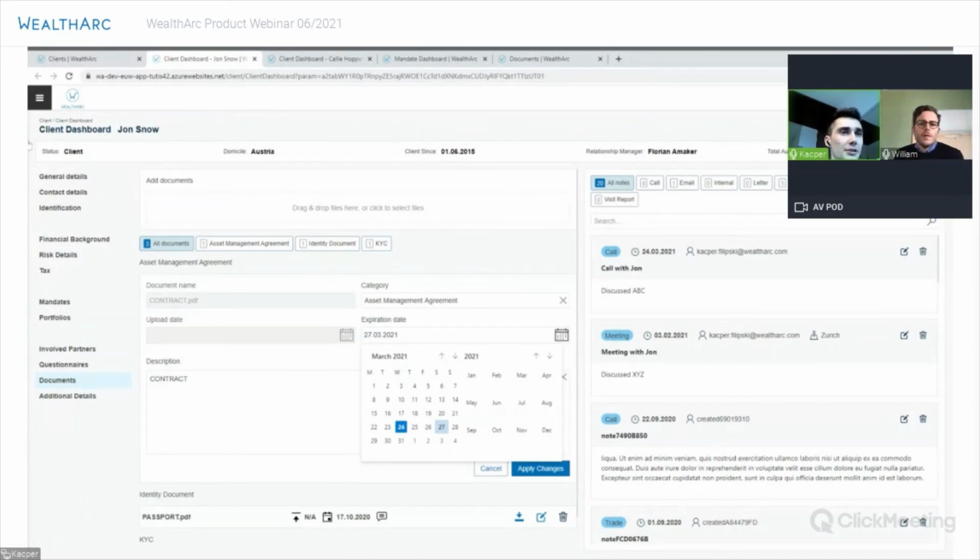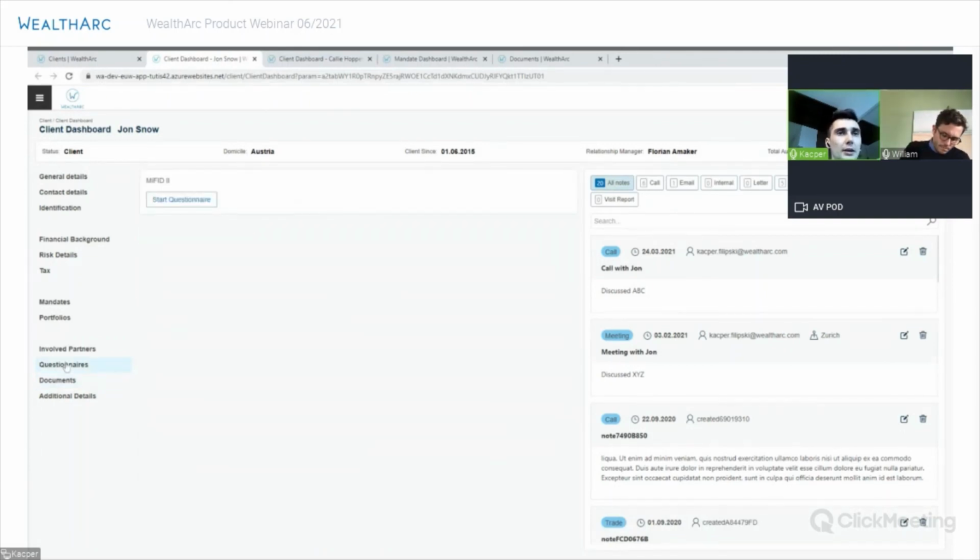Okay, so the next question is regarding the questionnaires. Right now we only have a basic questionnaire for MiFID II, but as part of our roadmap, we'll also be working on additional questionnaires to be compliant with the FIDLEG regulation. More details on this will come later on.